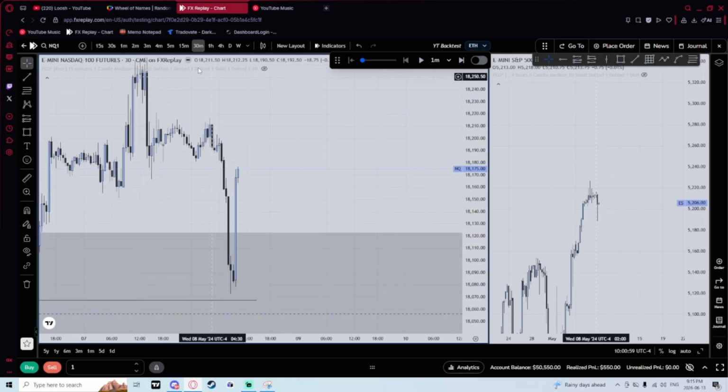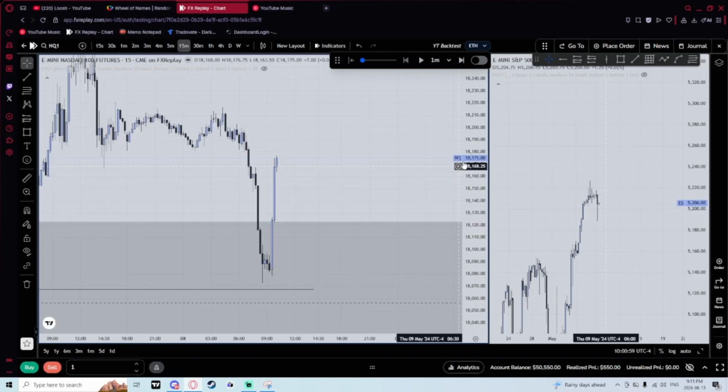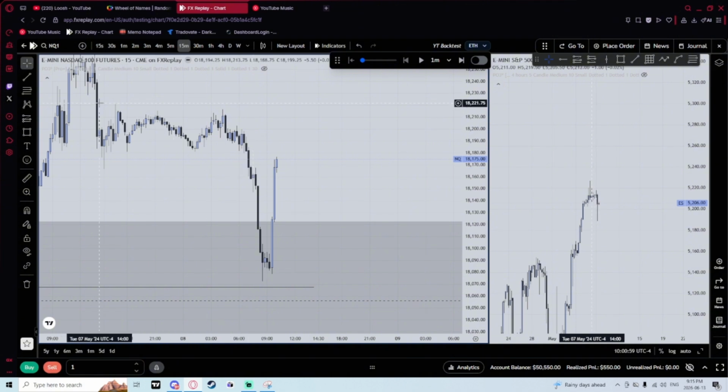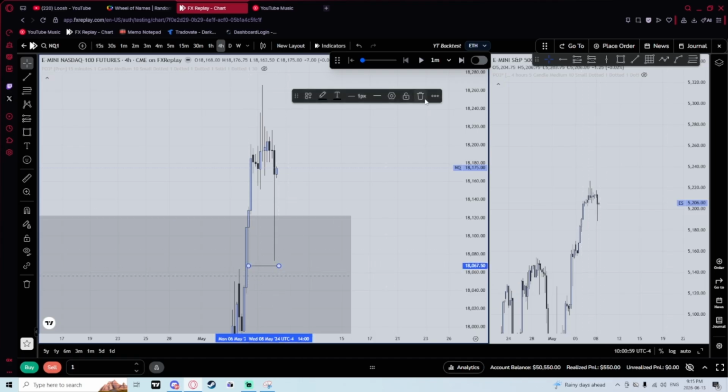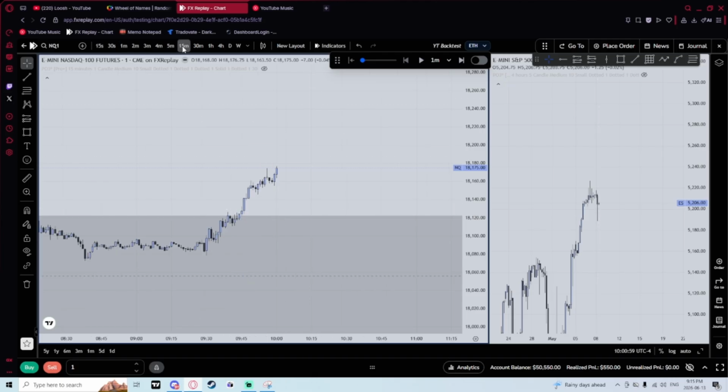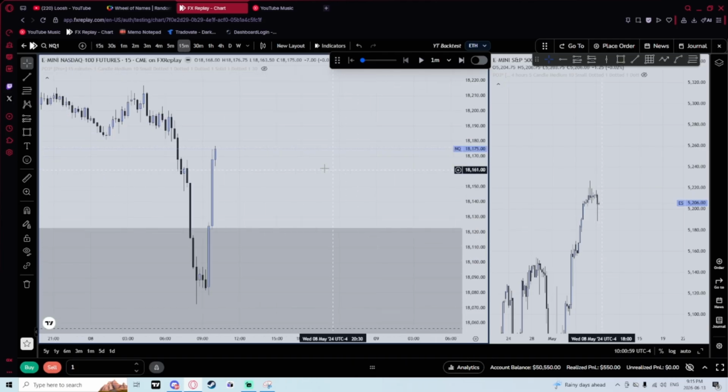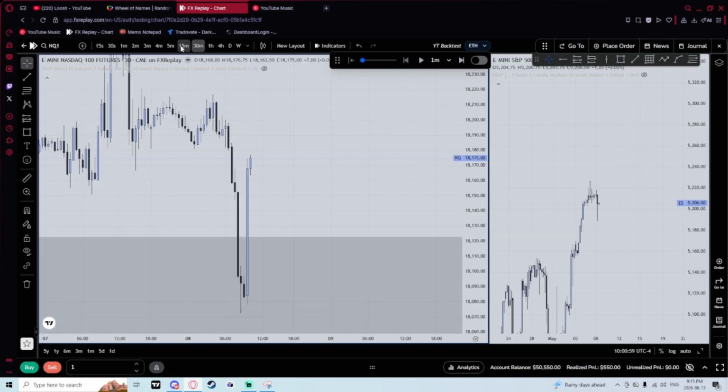Okay. What am I looking for now at 10 a.m.? What would you be looking for right now at 10 a.m.? Obviously you would be looking for some type of manipulation down for a continuation long. Yeah, we left this 4 hour unmitigated alone, but this 4 hour unmitigated doesn't matter if we're already delivering from these two previous ones. So the only reason that was a little bit important is because it was the closest key level on the sell side, so I wanted to see how price would react off of it, but clearly